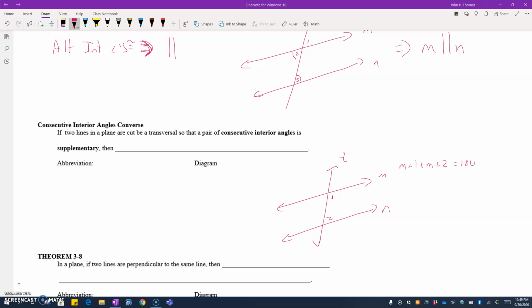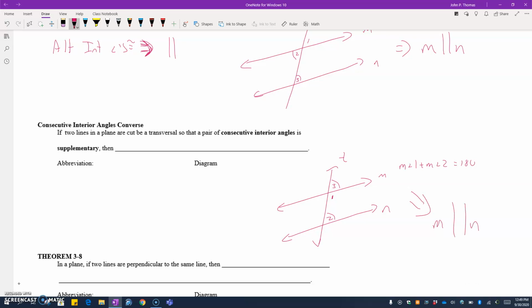What I would like to do is think about an angle 3 here. If I put a 3 in that angle, 1 and 3 are supplementary as well. So 1 and 2 are supplementary, 1 and 3 are supplementary. That means that 2 and 3 really have to be the same size. And that gives me corresponding angles, and if corresponding angles are congruent, we know we get the result of parallel